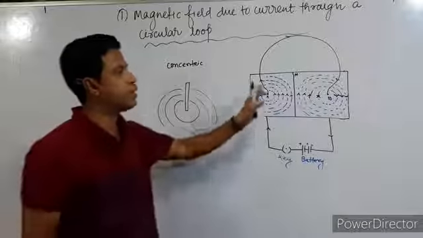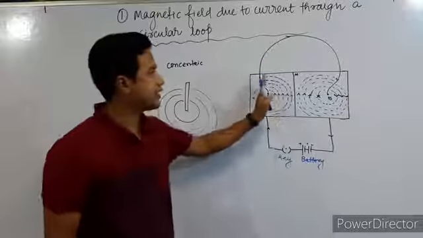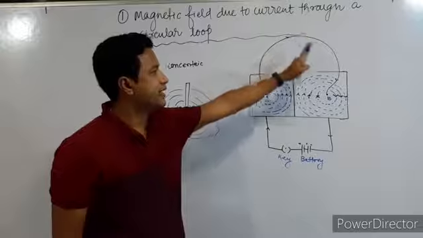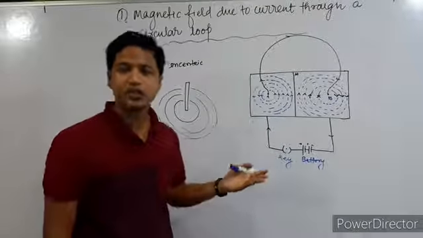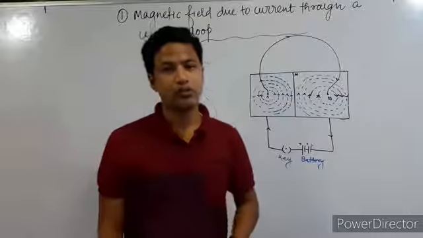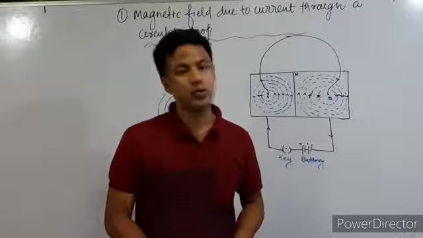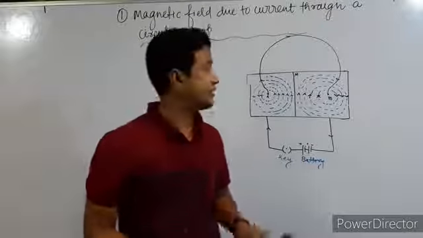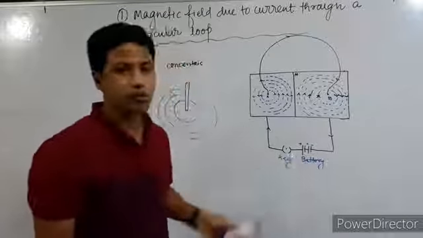When we are creating a loop, what happens? If you take each and every point, at each and every point the magnetic field strength will be increased. So that is the thing. Instead of using a straight conductor, what will we do? We will use the circular loop or a circular conductor. So this is the topic that we are going to understand, the circular loop.